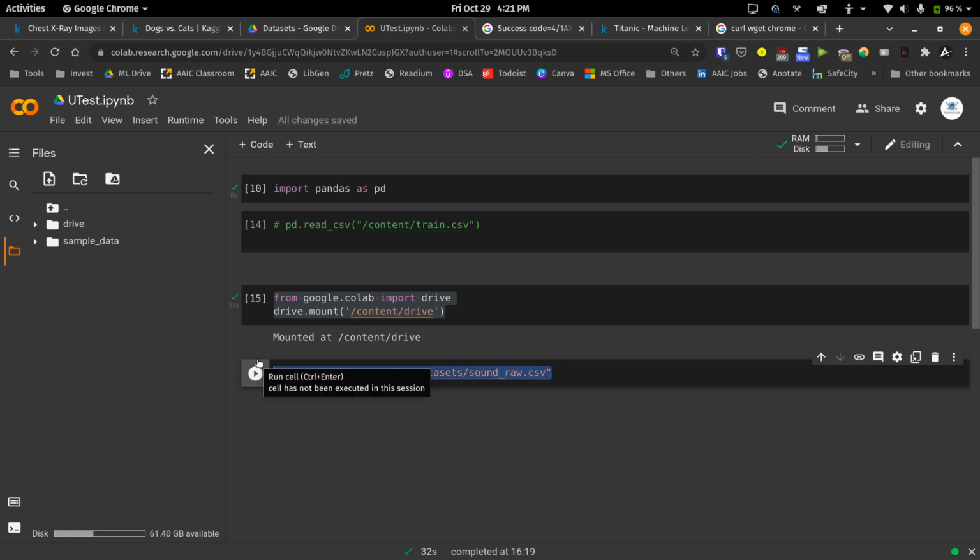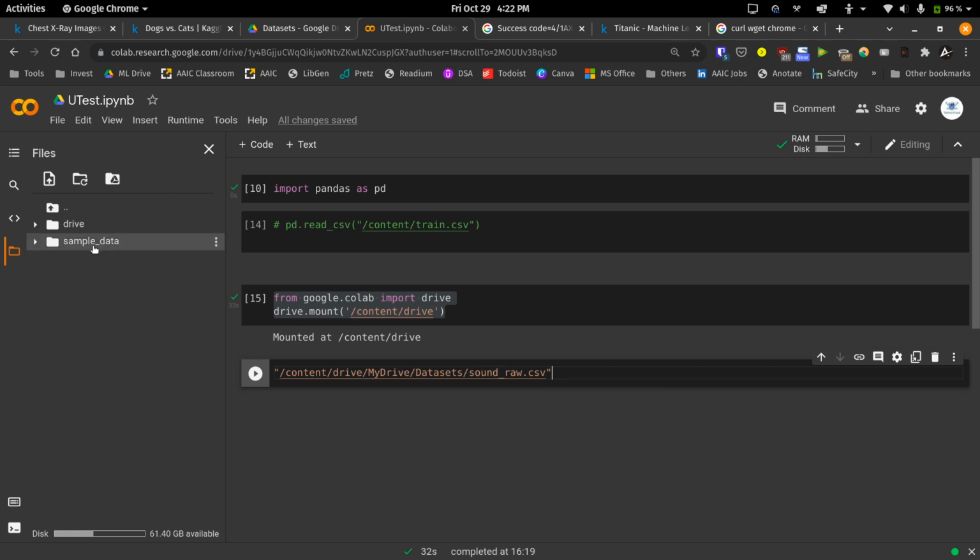But let's take for example you are training a CNN, a convolution neural network, on some image dataset. In that case you will have thousands of images, and when you are training your machine learning model on that dataset, for each image it will go to the drive and keep on fetching, and it will be pretty much slower. If you want, you can test it out. You can upload 1000 images of any dataset to your drive and then run your model. You'll see that your model will take a long amount of time. Why? Because for each image it goes to your drive, copies it to your current instance, and then gives it to the model for training. So there is some delay.